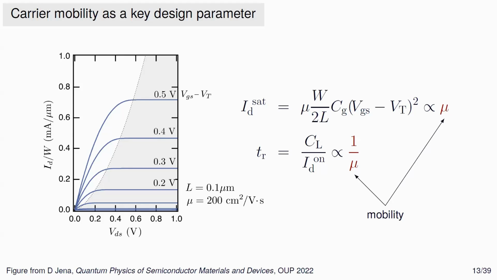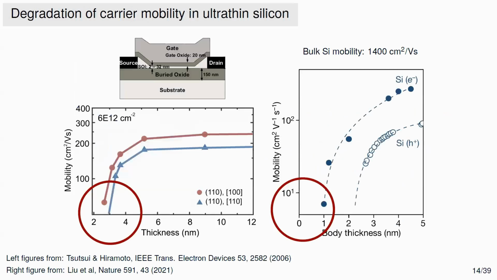I will say more about that, but the mobility essentially is the ability of electrons to move fast once you apply a voltage, okay? So this is important for the saturation current, and is also important for the time to rise, which is basically the time it takes for the current to go to the full level that you would like to achieve. So this is what determines the clock frequency of your chip, so how fast it can make logic operations, okay? And this is inversely proportional to the mobility. So in practice, to make these things better, it is desirable to take this number and make it as large as possible, okay?